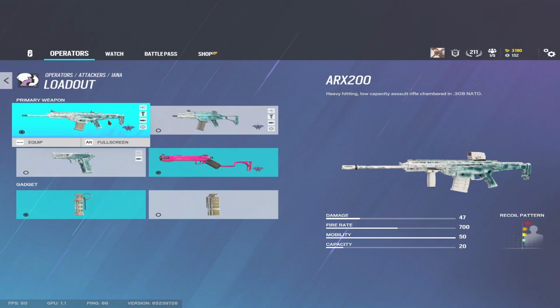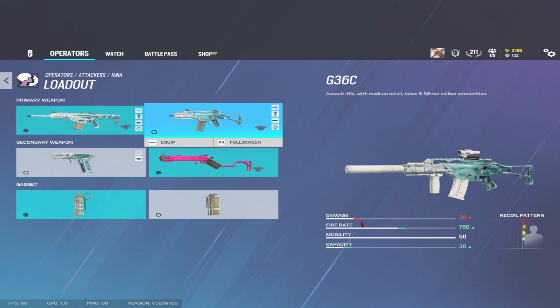So we have two top tier assault rifles to choose between. We have the ARX, which is really high in damage but with low capacity, and the classic G36 with lower damage but a high capacity mag that balances it out. Personally, I think the G36 is a solid attacking weapon to use, but it just gets overshadowed by the ARX,